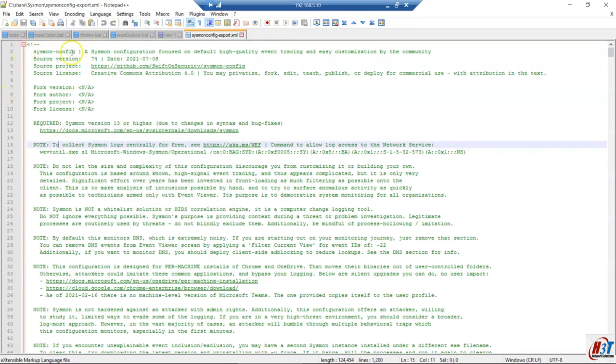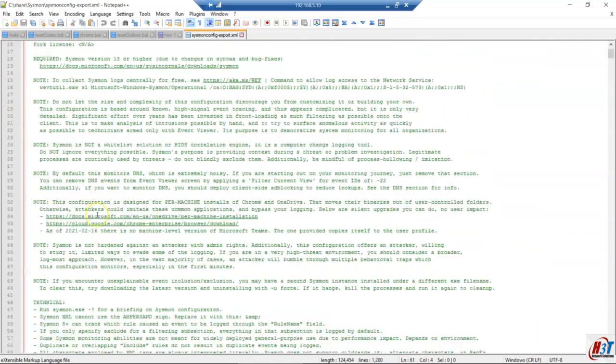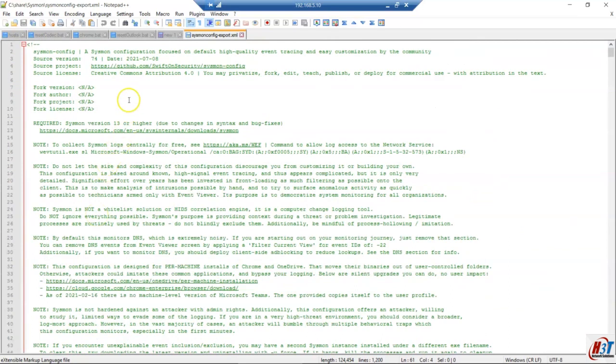It detects that this is XML and it knows that this is a comment. So all of this is a comment up to here. You can read the comments here and know the version. So always try to seek the latest version. This is the link from GitHub for Swift on Security,